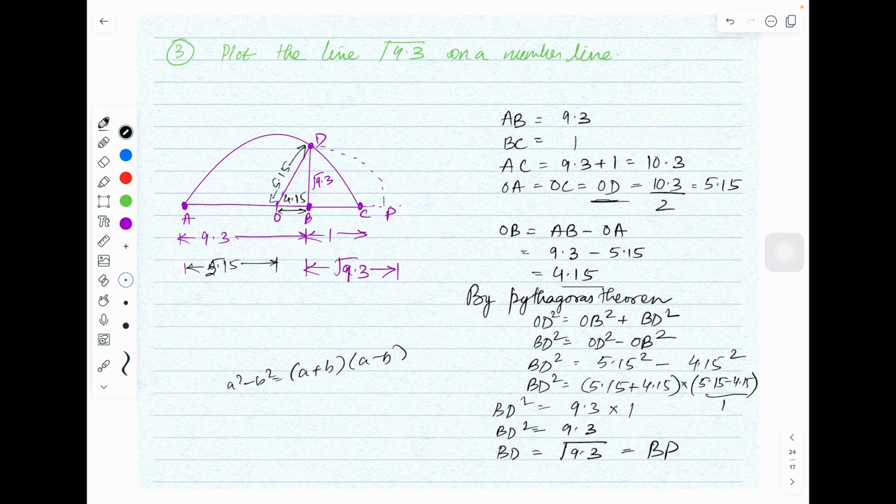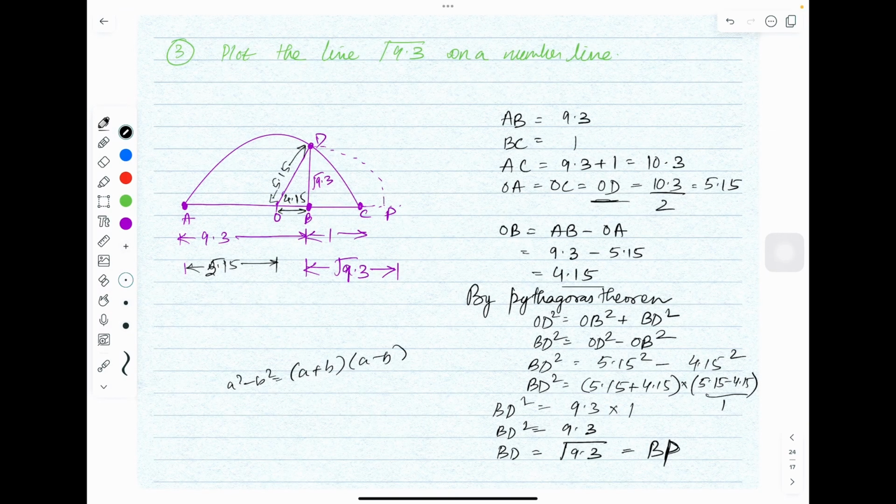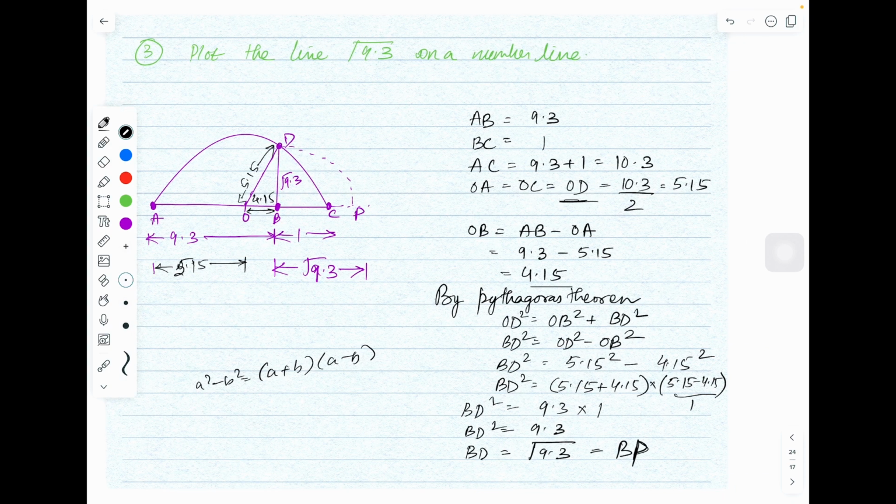BP is also the radius. So BP value is also root over 9.3. See, this whole method I have made you understand in that section. So if you are not understanding it because I am going too fast, please see that portion again first to make yourself understand what the total process is. Then you come to this question again. Okay. Now fourth question